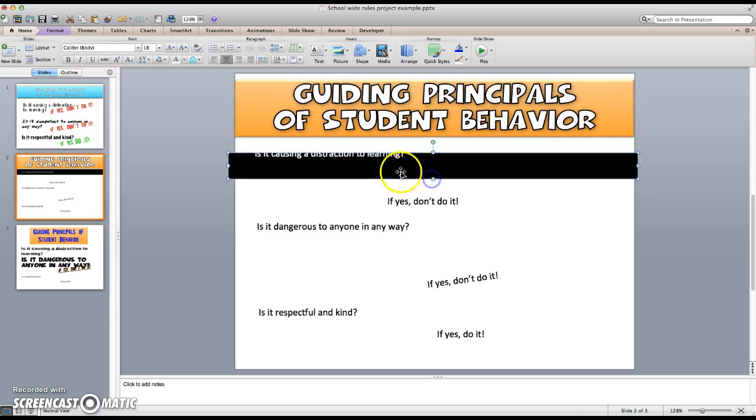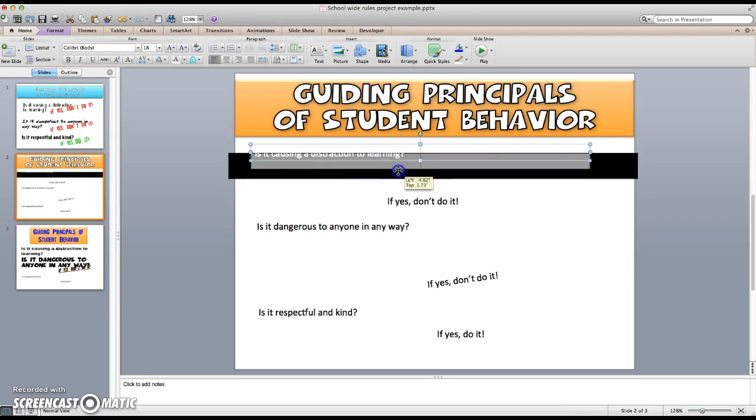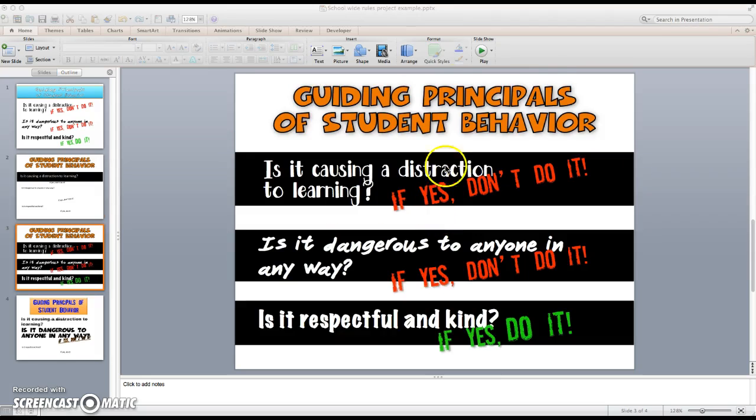So I'm going to keep with this, but I'm going to make my font larger. I might change the font style and the color. I can do all types of things by just playing around with it and seeing what looks good. So this is what my project ended up looking like after I changed the fonts, the colors, the sizes, and I created rectangles which I arranged and put to the back. When I made the rectangles, instead of making each one individually, I copied and pasted the original so I didn't